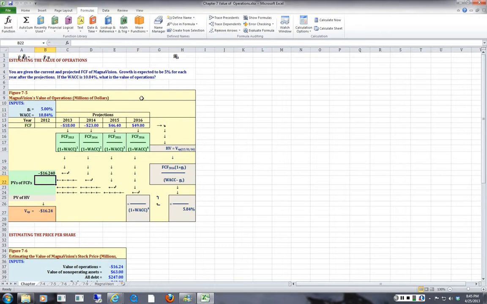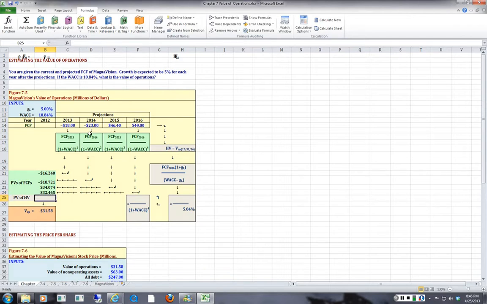Now the second year, we're going to bring that down. It's a minus 23 divided by 1.1084 to the second power, and that should get us to minus 18.721. The third year, we take that 46.4 and divide it by 1.1084 to the third power, and that gives us 34.074. For the fourth year, we take that 49 and divide it by 1.1084 to the fourth power,